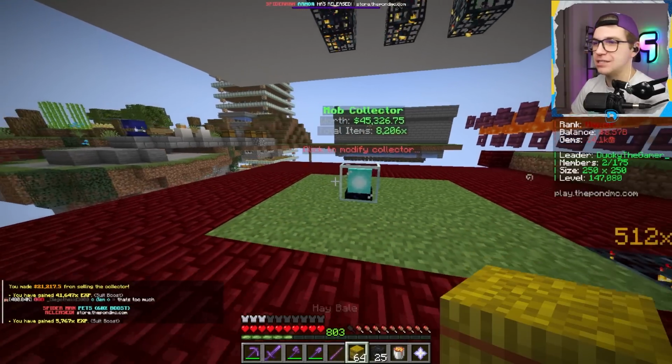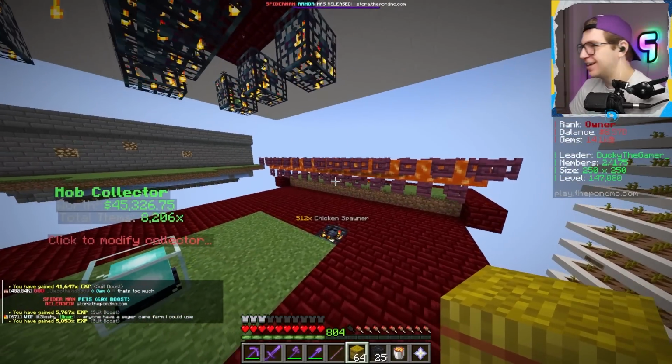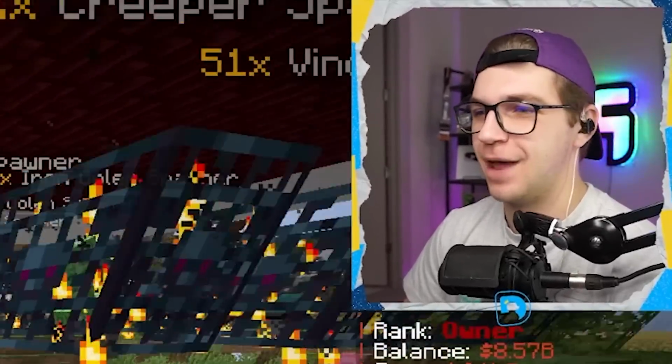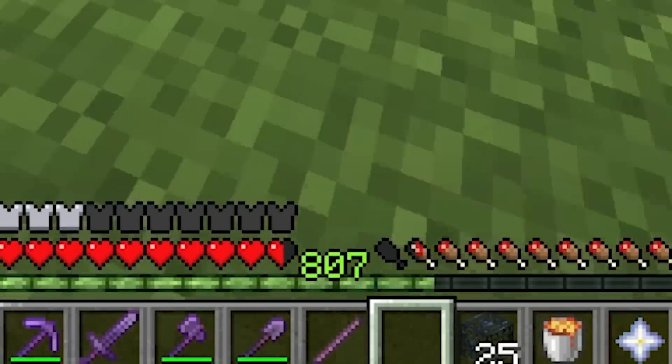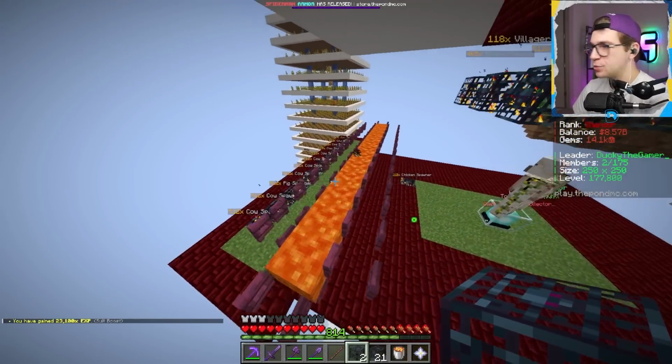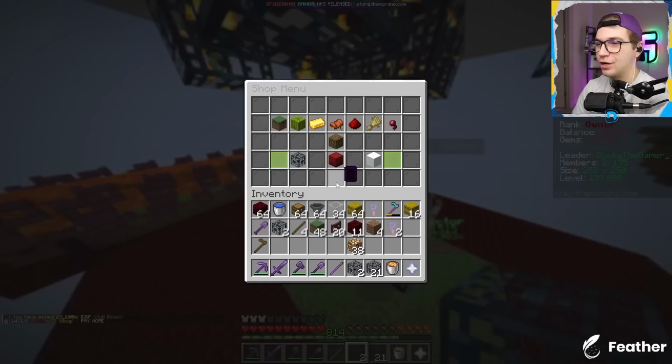I'm so glad 10,000 mob spawners aren't in vanilla Minecraft, because like, one, the game would crash and break, but two, it's just ridiculous, man. I also have 807 XP levels. You're kidding me. Okay, we just added 2,000 more cow spawners, so we only need like 600 more to get